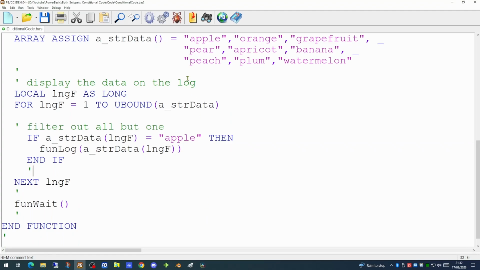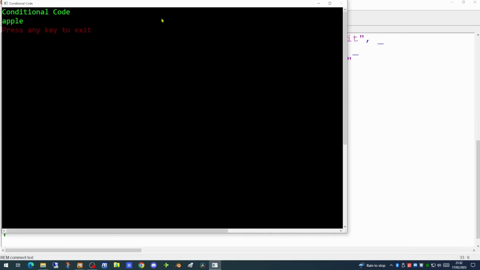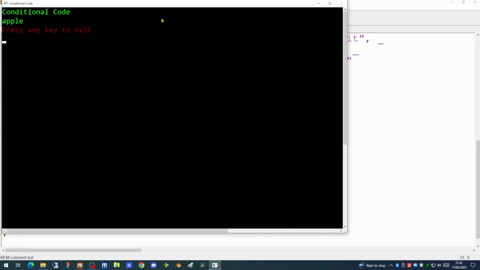If we run this now, we will see only the data which matches apple is printed out to the log. All other data elements are ignored. So we performed a piece of conditional code. If the value of the string data element is equal to apple, if that's true, then we will print to our log. So what if we wanted to test on more than just one item?